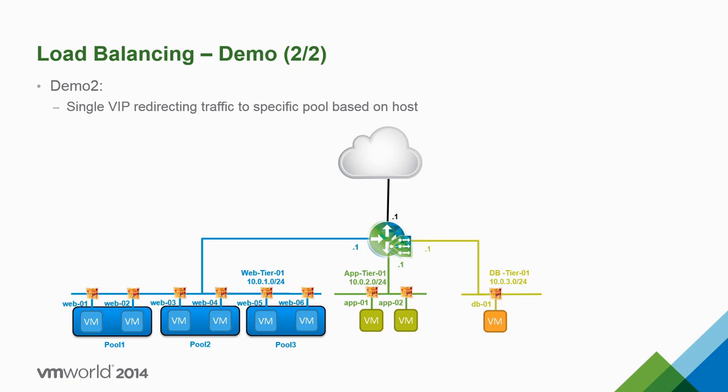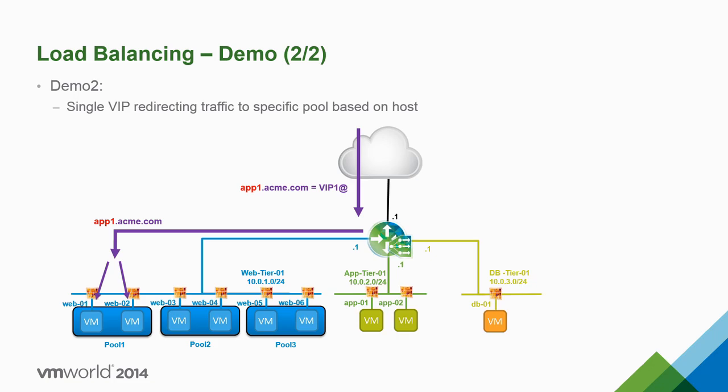This one, I like it better because it shows the power of the edge and the advanced capabilities of the load balancing on the edge. Edge is that device doing advanced services. So let's say you run out of public IP addresses and you have 3 applications. So you have app1.acme.com, which is the VIP1, and you have app2, which is also the VIP1, and app3, which is also the VIP1. So everybody will come to VIP1.